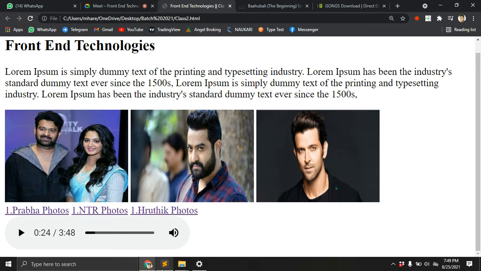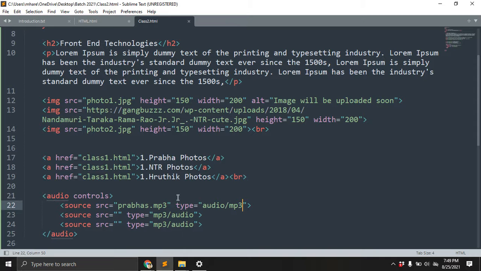Okay, images. Sorry, this is audios. I want the same song here. Just need to copy this song and paste here. Simple. But we need to check that the song name should be the same, and here also audio and mp3 will be the same, and here also the controls will control the song.